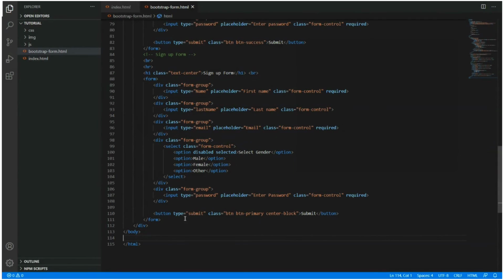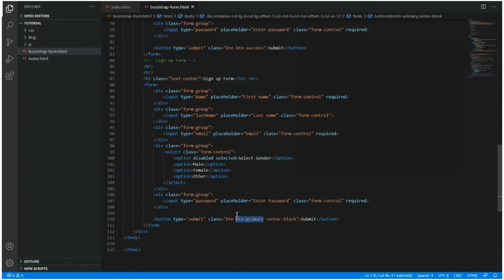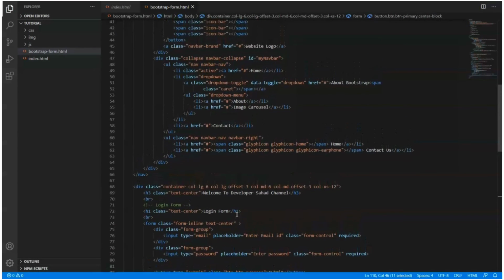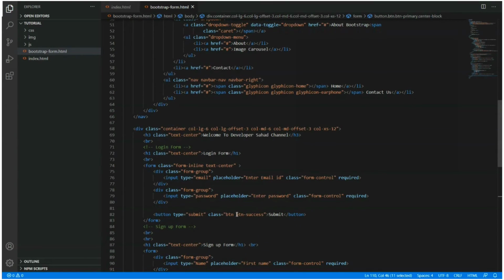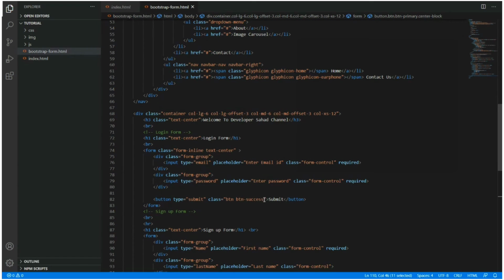And here you can see I have created a button that is submit. In the button you can see I have added a class name, btn btn-primary, and in the login form I've added btn btn-success. There are different types of buttons provided in Bootstrap.